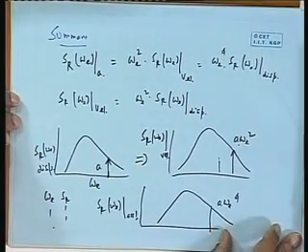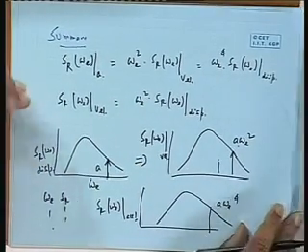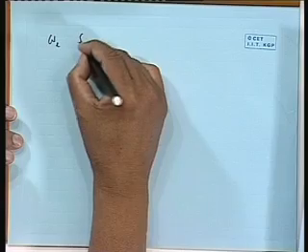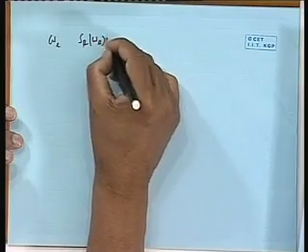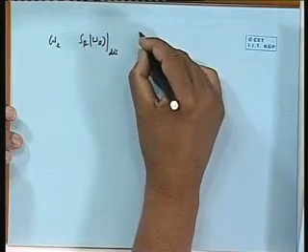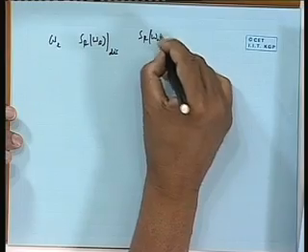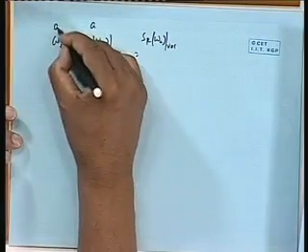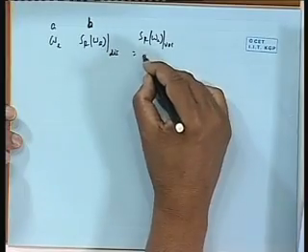I will make a table in the next step, but this is very simple. The mathematics part of it is absolutely straightforward. So now what we have done: you have omega e and SR omega e, this is for displacement. Then you will write here SR omega e of velocity equal to, if I call it A, and if I call it B, this is simply A square into B.